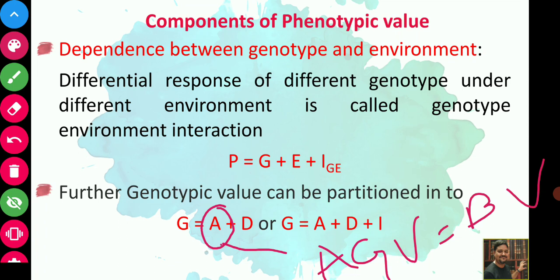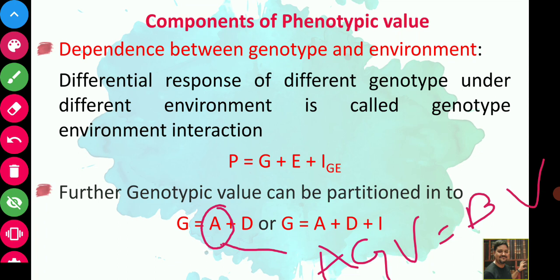Some people may be thinking that the genotypic value is under the control of genes, so it should be getting transmitted to the next generation. But not all components of genetic value are transmitted, because many combinations are expressed only in that particular generation. They are not transmitted to the next generation because of crossing over or the law of segregation, the principle of segregation, which you have already studied.